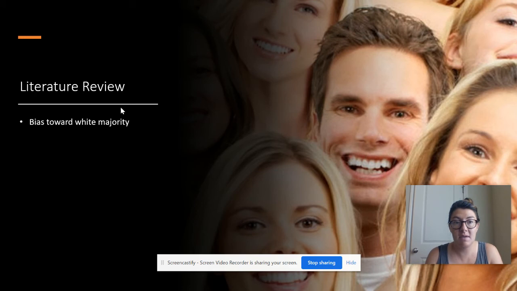The next concept was a bias toward white majority. Often teachers in our schools are white females, and they're coming from different cultures than our English language learners are coming from. And this can result in implicit bias, which is defined as the unconscious attitudes and stereotypes that shape our responses to certain groups. Implicit bias operates involuntarily, often without one's awareness or intentional control. And so all teachers have these implicit biases. And so it's really important to examine your biases, reflect on them, and then challenge them how you need to so that you can be appropriate